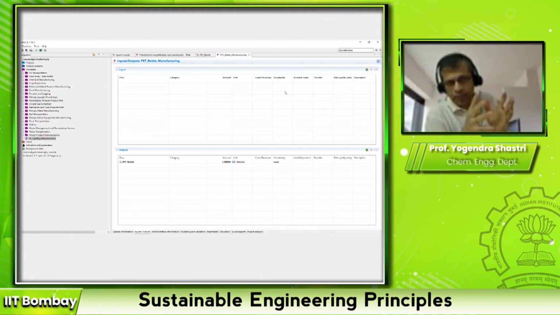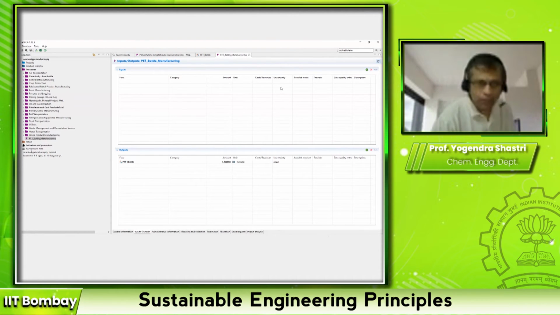So some of you may have heard of this term. Monte Carlo simulation is basically that in a particular range, you take several values and you do the calculations for all those values. So that facility is available in OpenLCA. You have to use it only if you feel that there is significant uncertainty regarding a particular parameter value. In all my work, I have never used it so far.